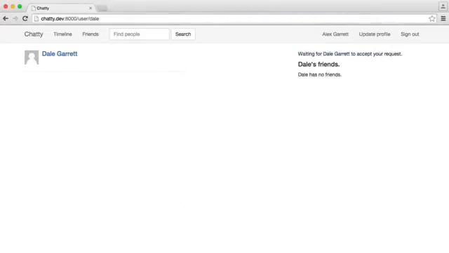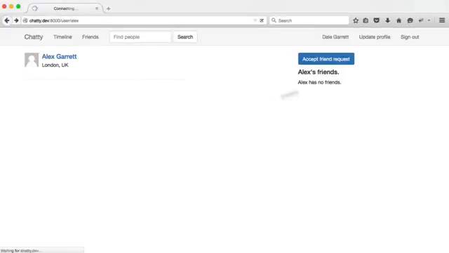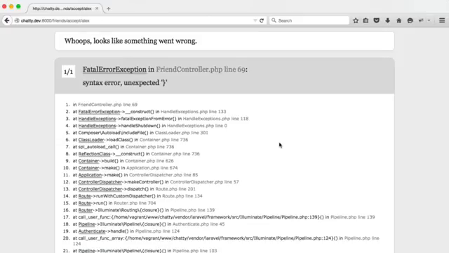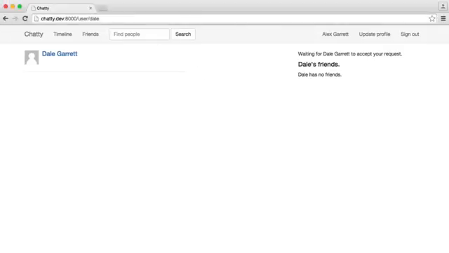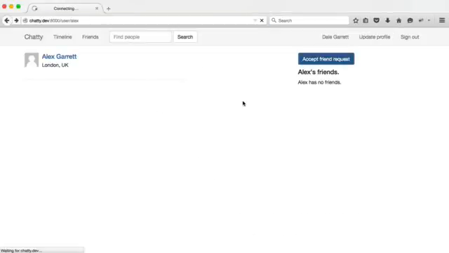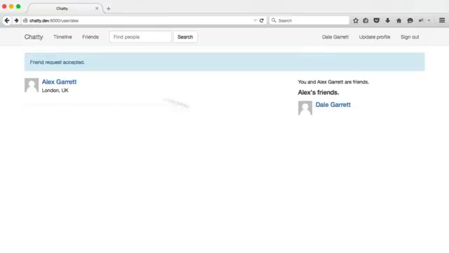We're obviously waiting on this one, and this has a friend request. So we're going to click accept, and okay, so we've got an error. Let's just check this out, line 69. Of course, missing an ending semicolon. So let's go back to here, go back again, and we're going to click accept, and there we go, friend